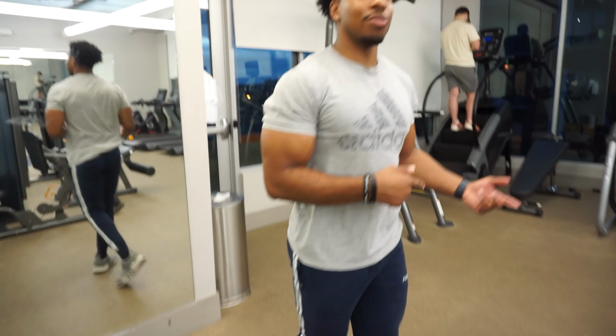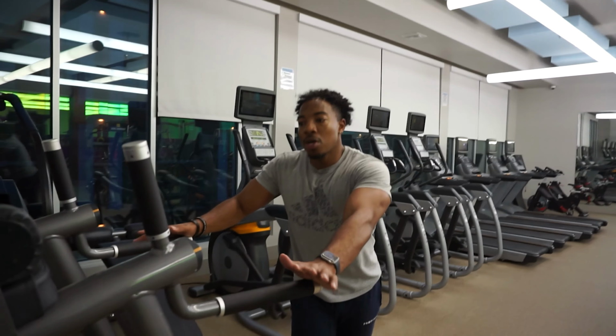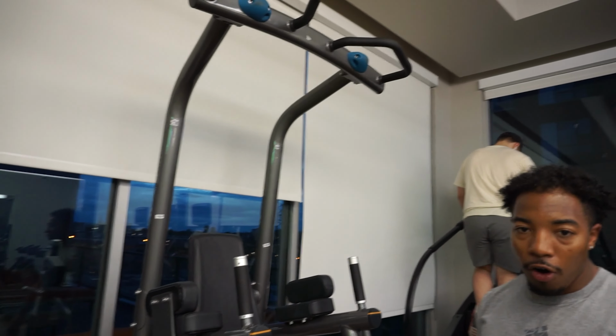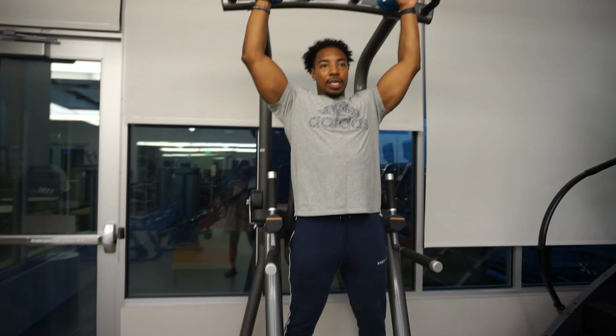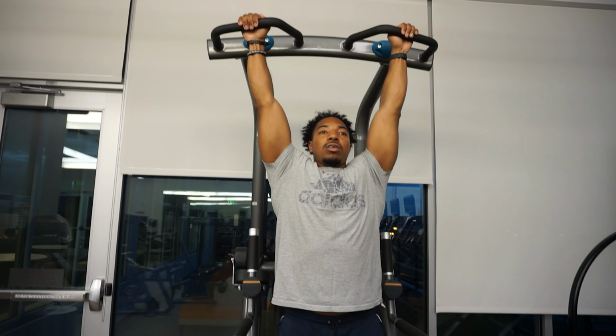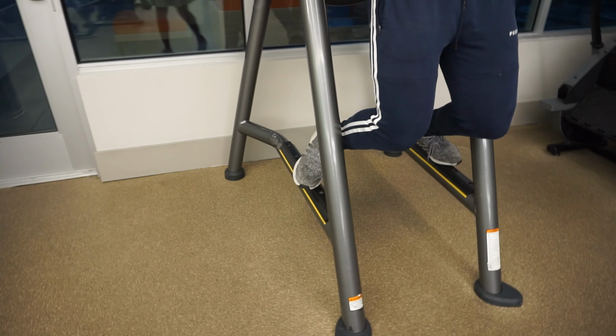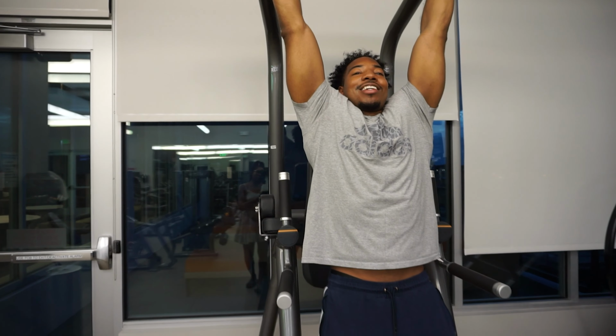So also, let's say you can't hold yourself up using the bar, right? I got another one for y'all, just an alternate. If your gym has something like this, this is probably something you'll have to do in your gym, unless you find some other equipment you can hold your arms on, but have your feet close to something to give you that extra support, similar to this, right? So I'm gonna get up, and obviously I'm too tall right now to have my spine decompressing. So all I'm gonna do is just drop, and then I have my feet here just as extra support, but again, I'm really allowing my spine to just relax and say,